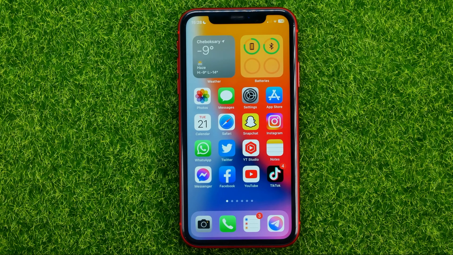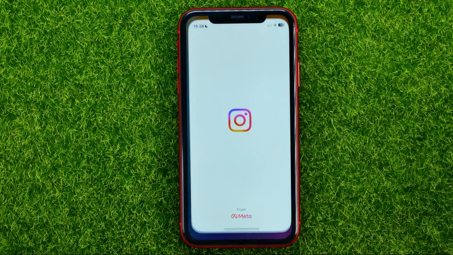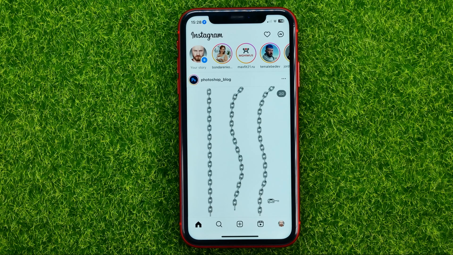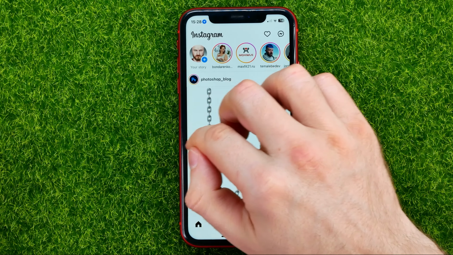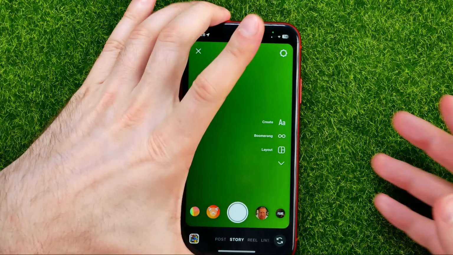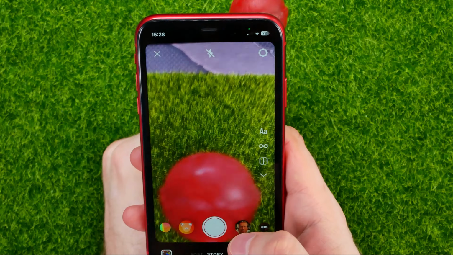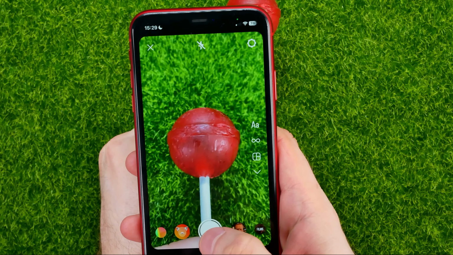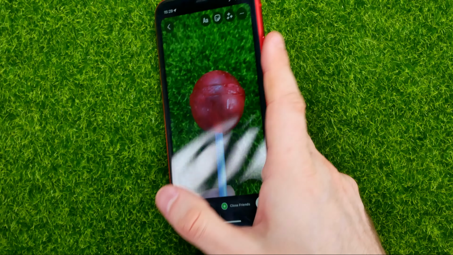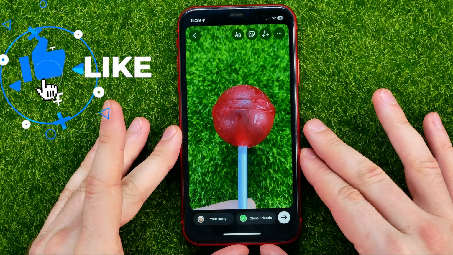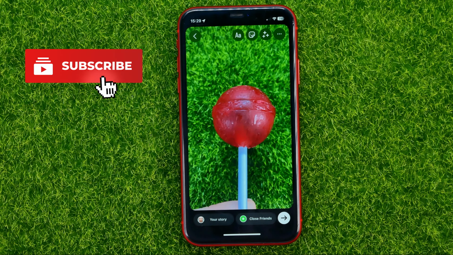So let's begin, and first off, open up the Instagram app. Then swipe to the right to bring up your story camera. Then you can just take a picture of something, and then if you want you can add a location to